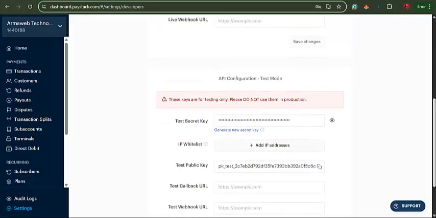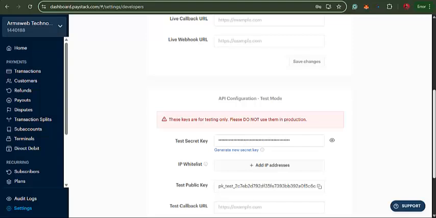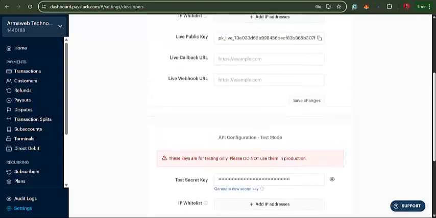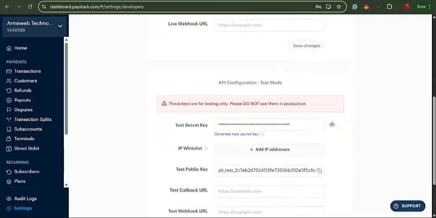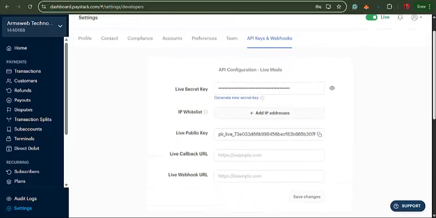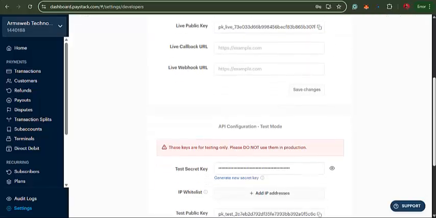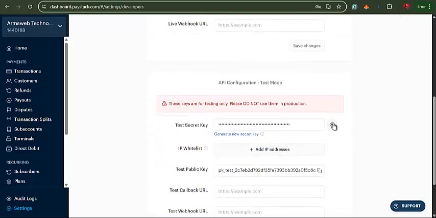If you want to test things out and see how the payment gateway works, you can use your test keys, your test secret key and your test public key. But if you have already tested things out and you want to start receiving live transactions on your website, you can use your live secret key and your live public key. Because I just want to test things out and show you the process, I'll be using the test keys. So I'll copy out my test secret key,